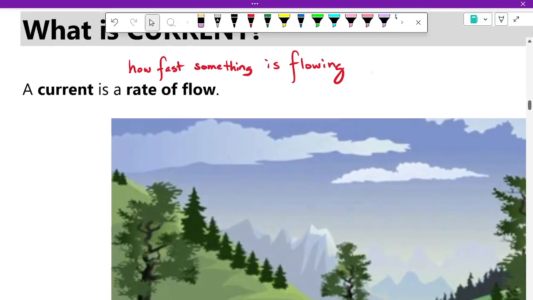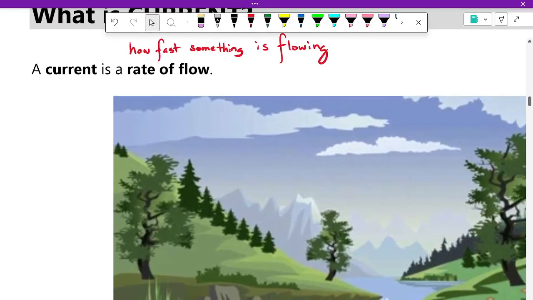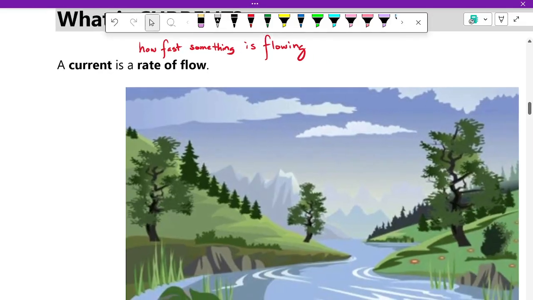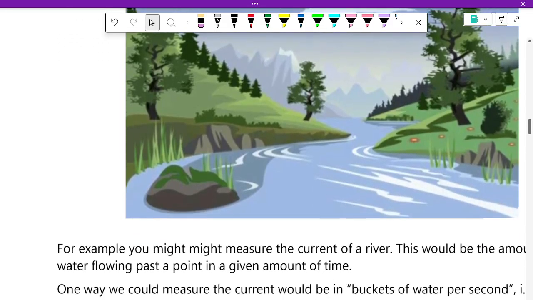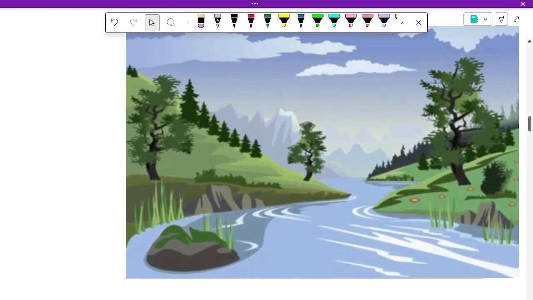So here we have a little picture of a river, okay? And there is a current in that river. And in theory, if we wanted to measure the current of that river, we might count the number of buckets of water that pass a certain point. We might sit on this rock here